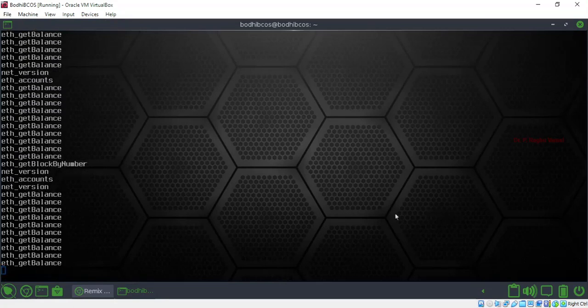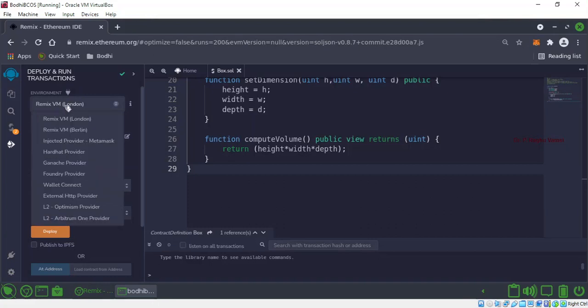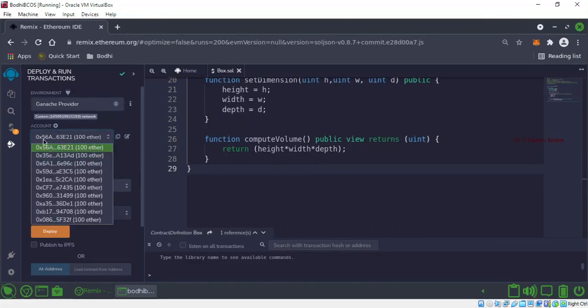Continuous refreshment will happen, so I'll close it. Let us remember this, 0x56A6F, and 0x08. Now, if I connect to this Ganache provider,